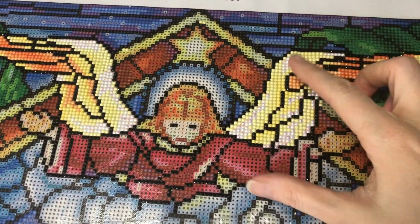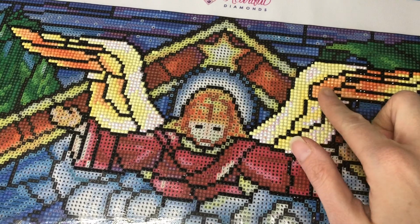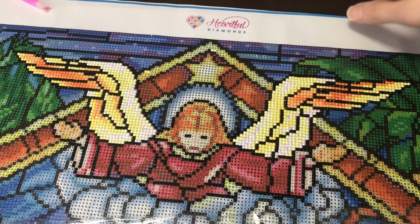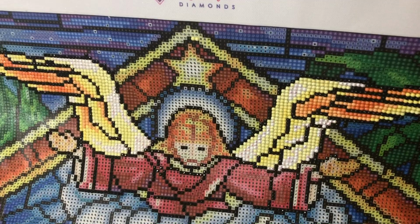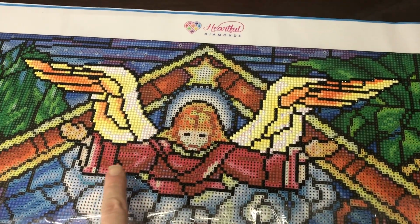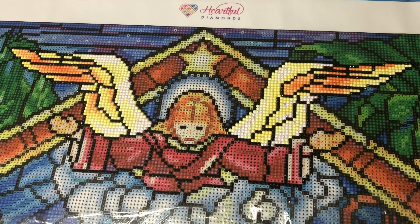I wanted to start zoomed out so you can see the wings that I finished. They look really nice, and the white is actually the AB diamonds. So let me try and shake it a little so you can see the sparkle. It's really pretty. Today I want to work on the red part of the angel's clothing just while I chat,